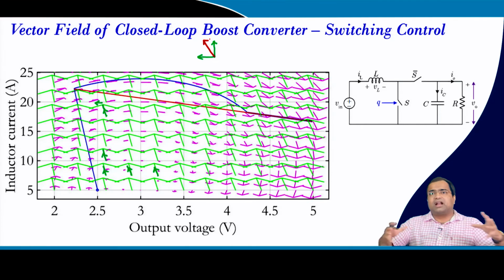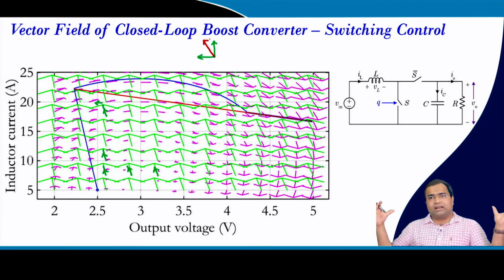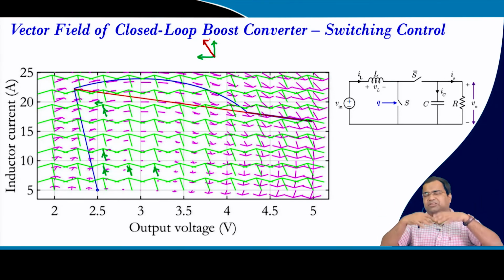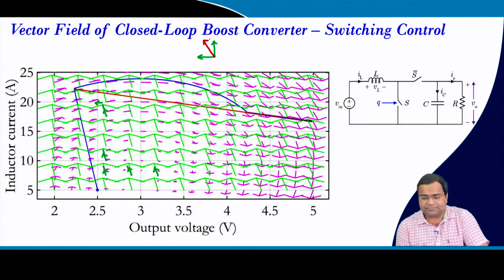So, voltage will start decreasing, and if you continue turning on the switch in a boost converter, you will find the voltage will completely collapse and the inductor will saturate because the current will increase significantly, and it can damage the converter. So, you have to be very careful about the switching mechanism of a boost converter.